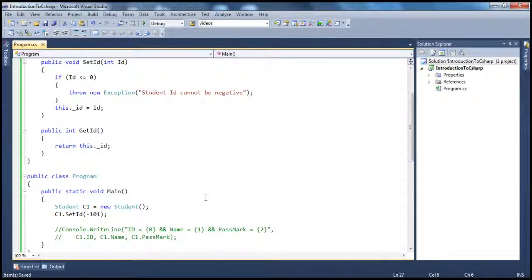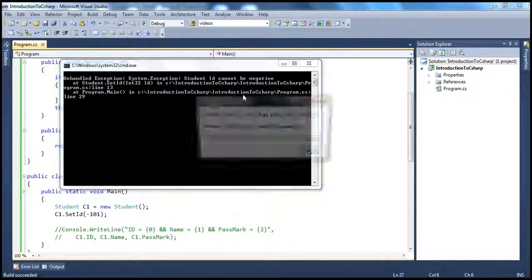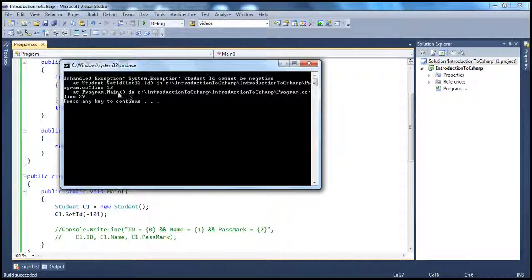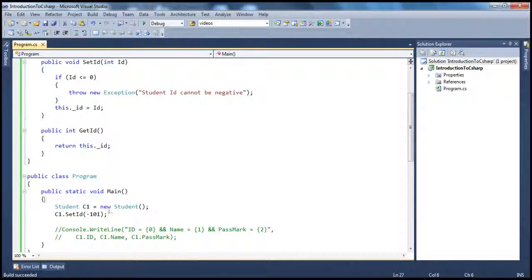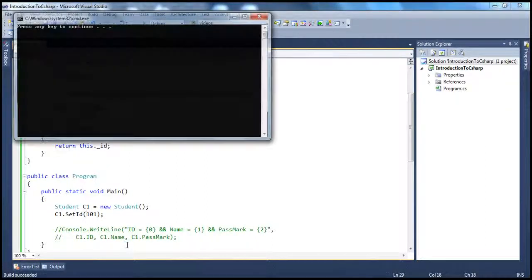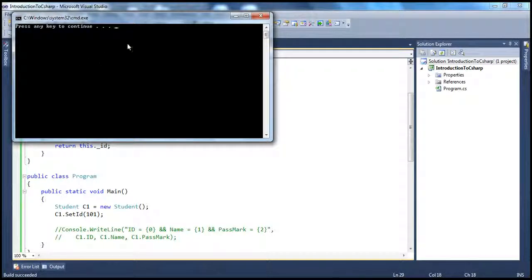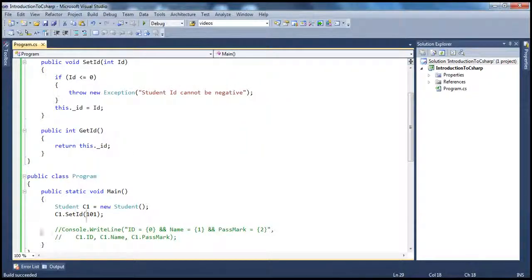So if we go ahead and run that, and somebody is trying to set that to a negative number, you see that there is an unhandled exception, student ID cannot be negative. So now the user is alerted. Whoever is making use of a class, they know that they cannot set a student ID to a negative number. So on the other hand, if I set to a positive number, I go ahead and run that, I don't get any exception. But on the other hand, if I have to go ahead and print that, let's see how to do that. To get the value,